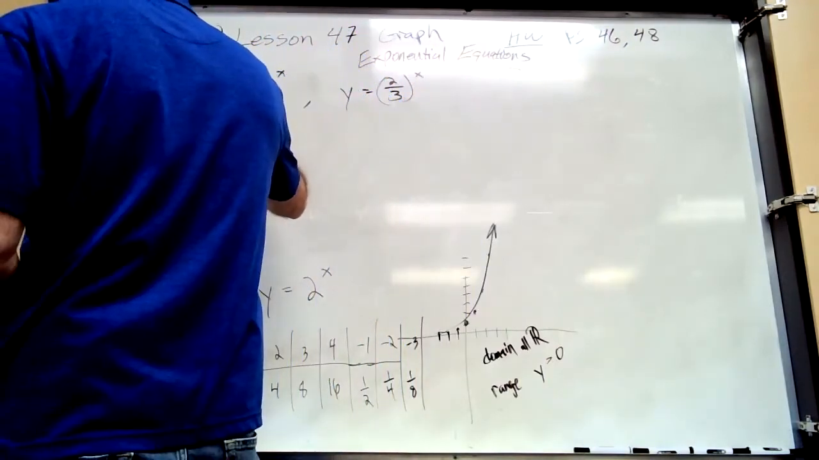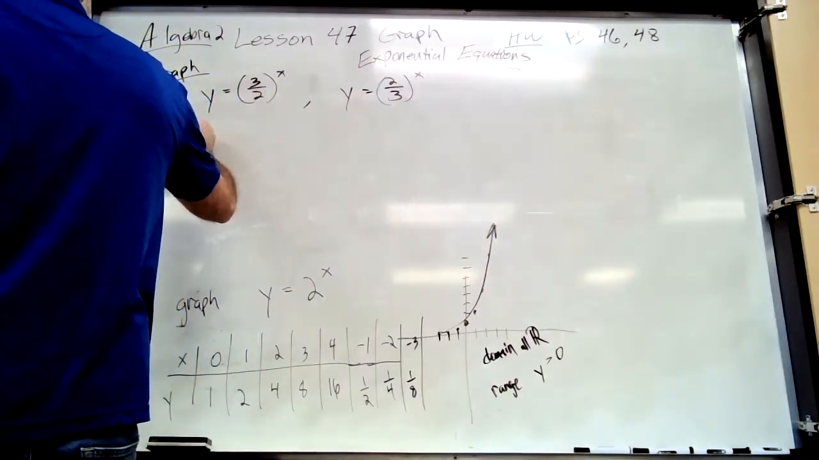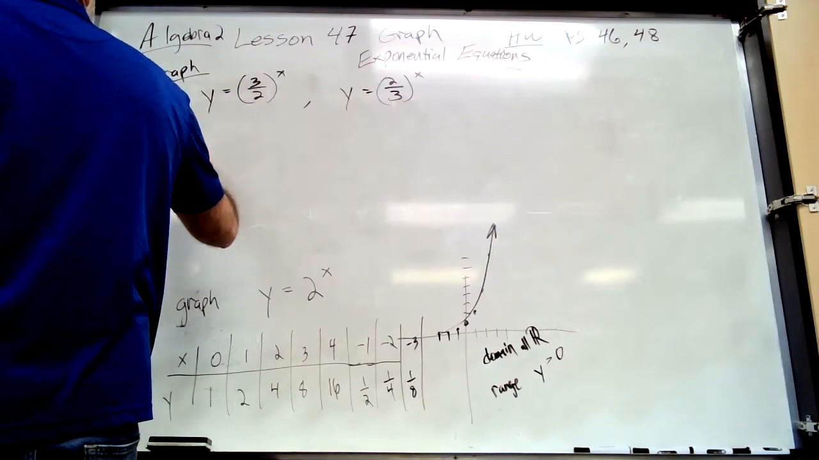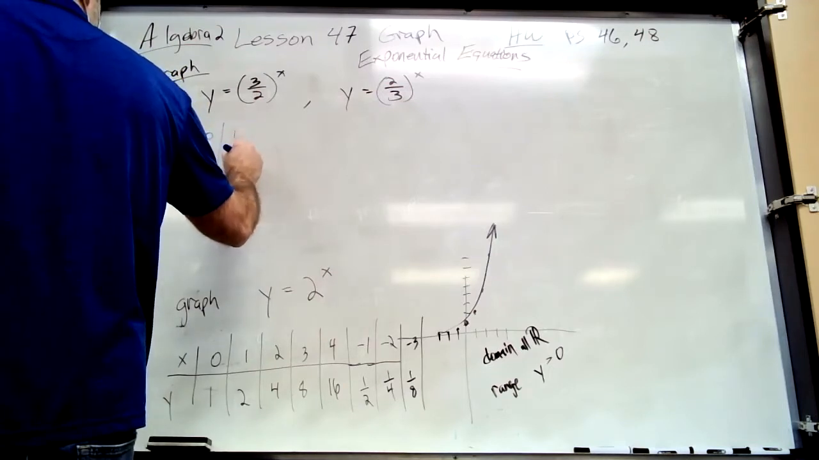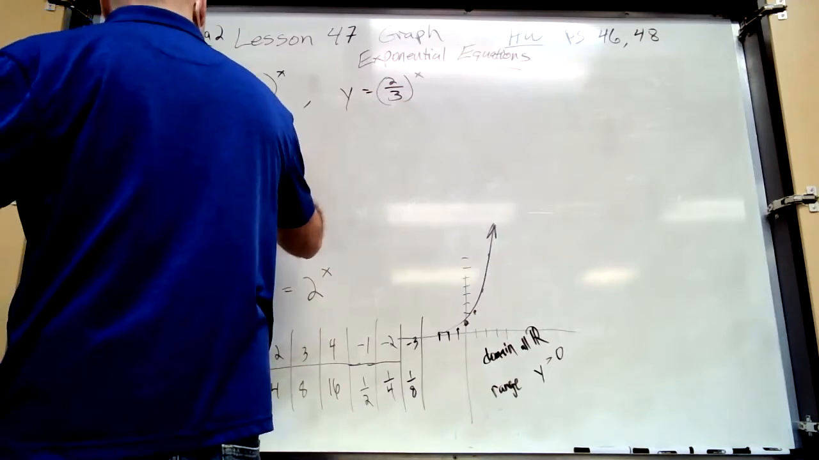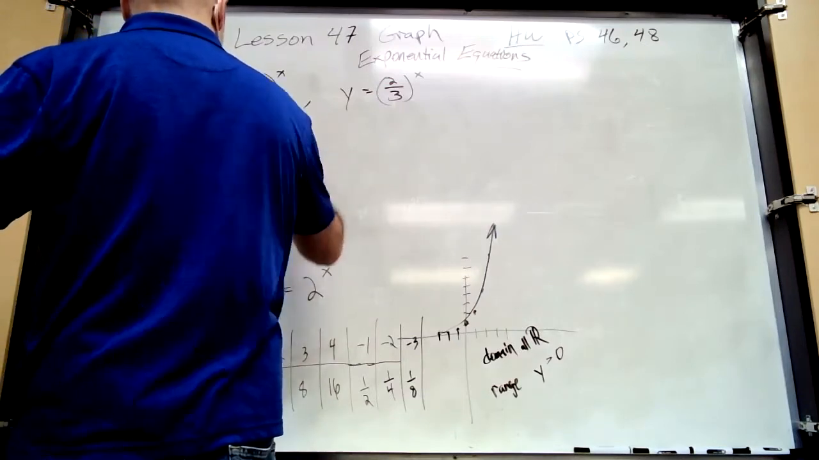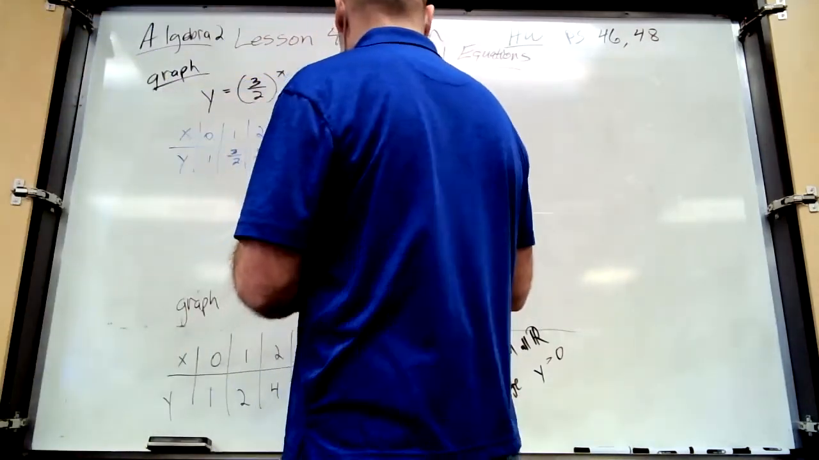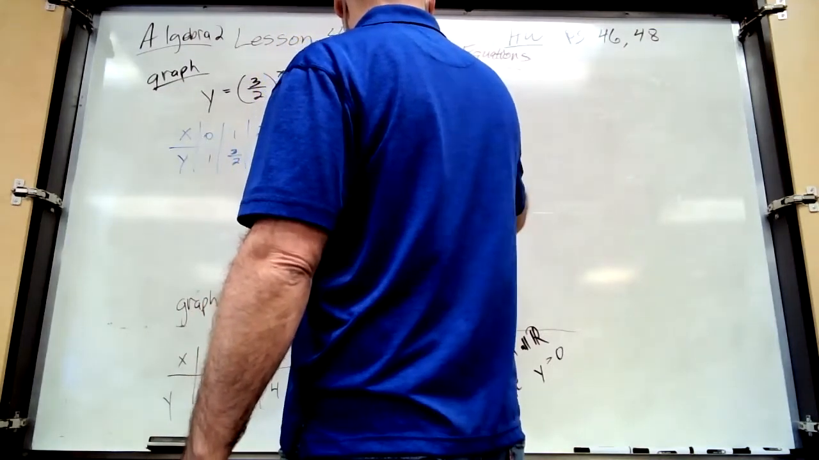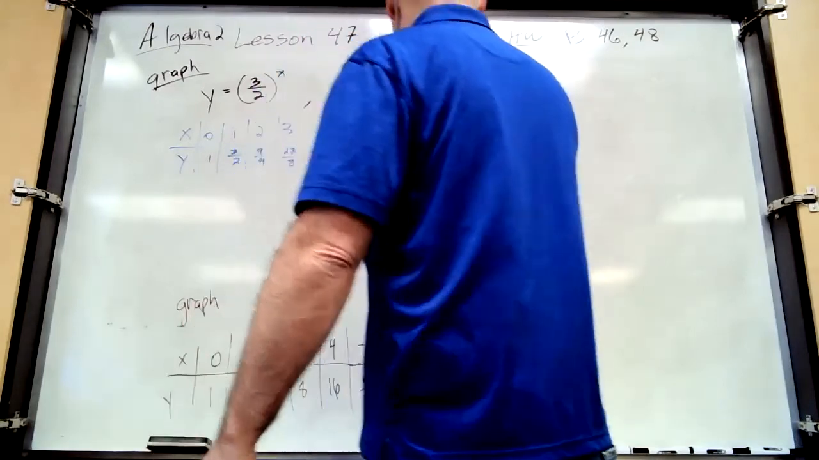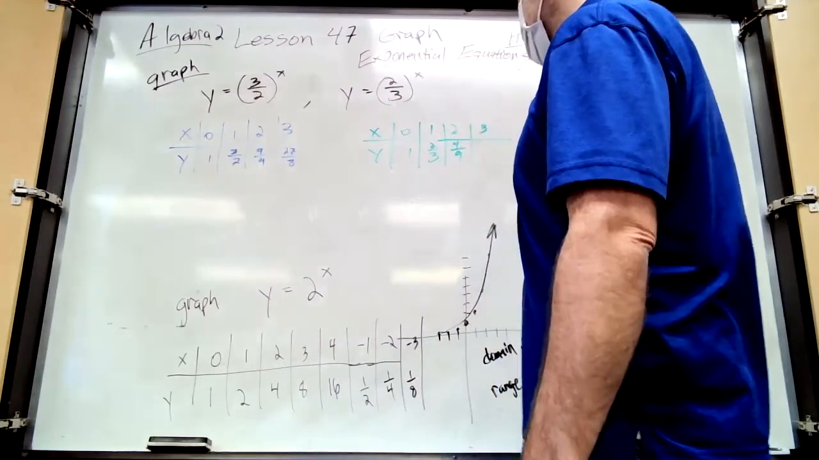So what we're going to do is create some x, y values here. For x, y here, 0 goes to 1 again. 1 goes to 3/2. 2 goes to 9/4. 3 goes to 27/8. And over here I'm going to graph these. x and y, 0 goes to 1, 1 goes to 2/3, 2 goes to 4/9. You see how I'm getting these? 3 goes to